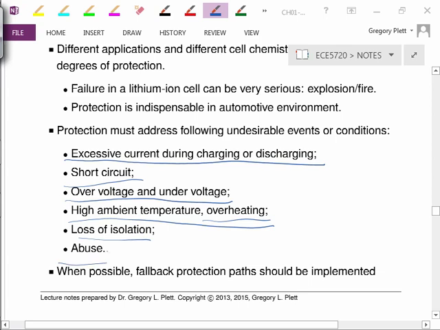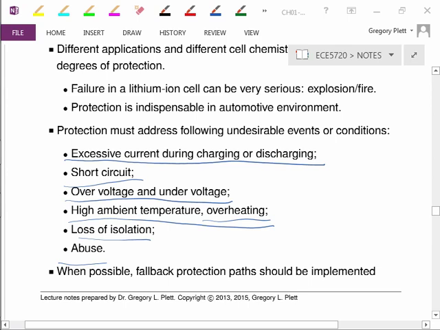What should I do if I detect abuse, that the limits of operation that I provide to the application are not obeyed, and that there's too much current drawn and things like that? What should I do if there's physical abuse, if there's some damage happening? So we have to think about these things, and we need some kind of way of sensing whether these undesirable